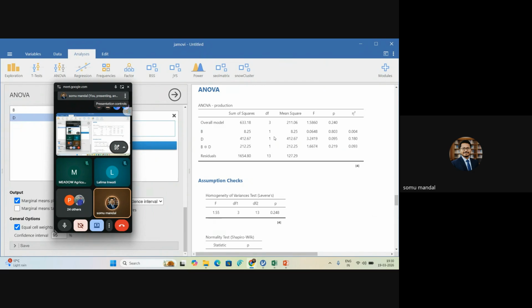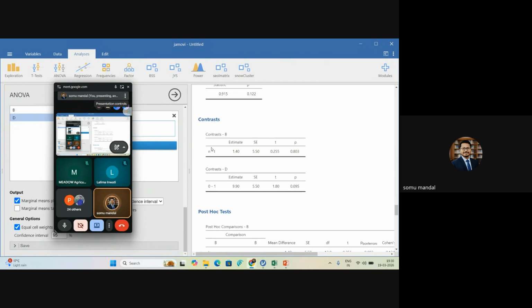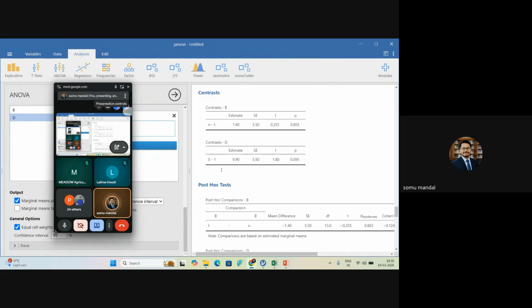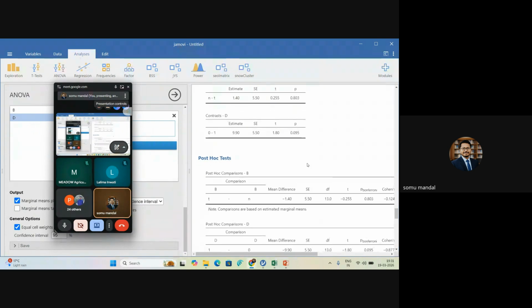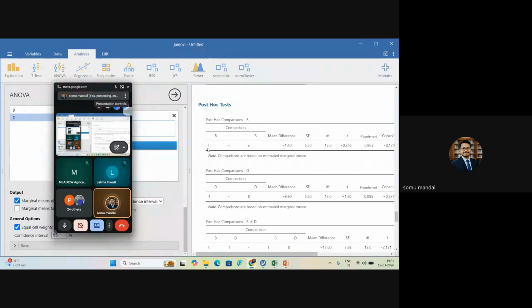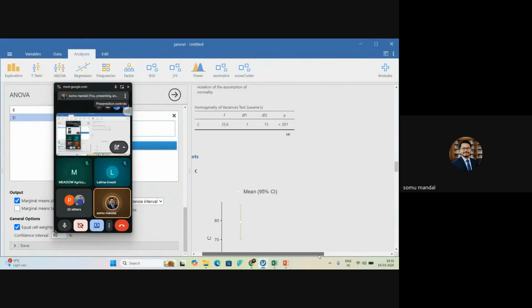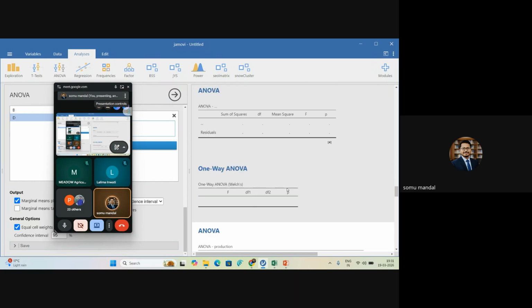So you can elaborate, you can describe, you can interpret lots of your knowledge by the evidence of this table. And even if you go through this here, contrast N minus T, there is no significant result, but definitely 0, 1, 1, there is a significant result. In case of post hoc test, in between the N and the post hoc comparison A B means the fertilizer. Is there any significant difference? Yes or no? Definitely find out here.